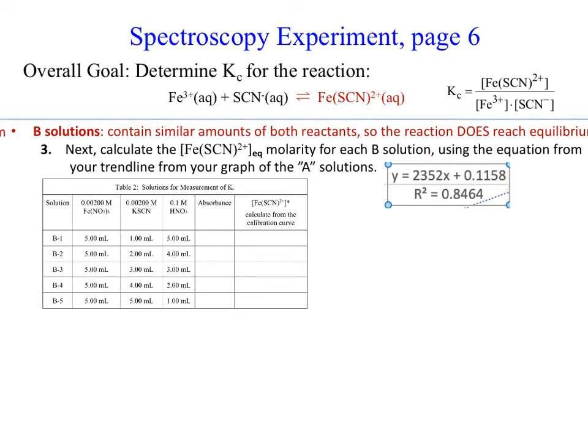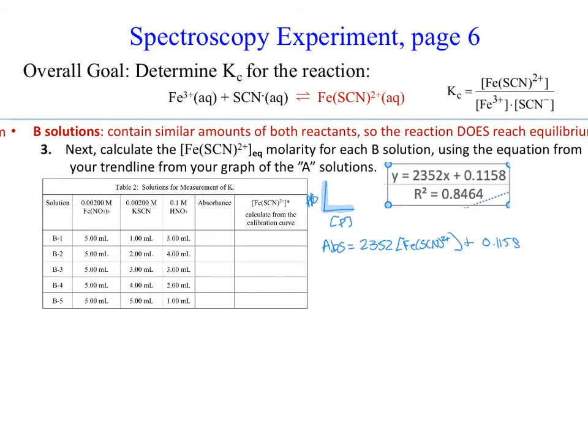If you remember the graph we're looking at, we have the concentration, I'll just call P, of our product, and absorption on Y. So y equals mx plus b can be written as absorption, or ABS, equals 2352 x, and x is our product molarity at equilibrium, FeSCN2+, plus